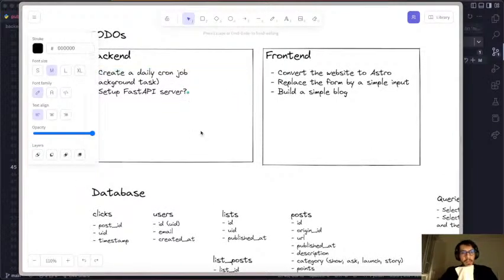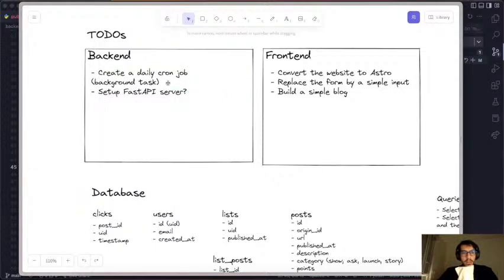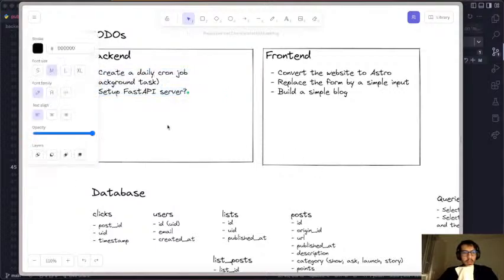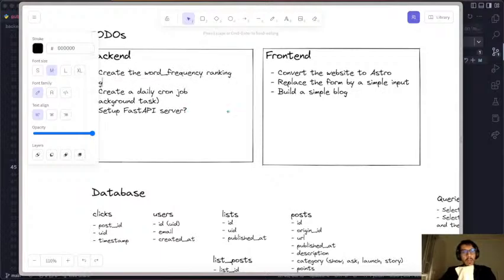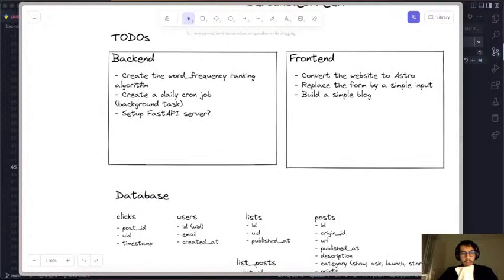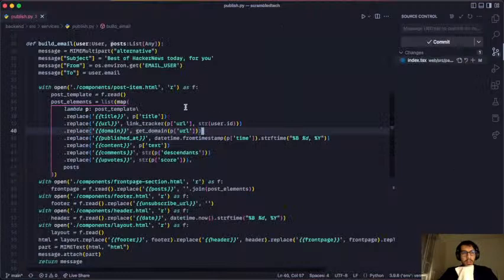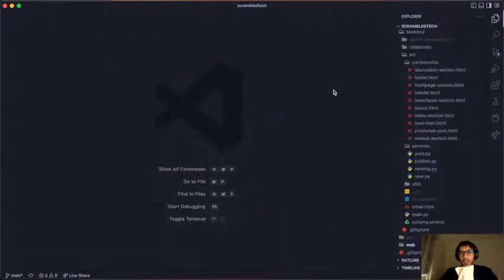I think what we should do next time is to create the word frequency ranking algorithm, right? Once we have the different ranking algorithms, we'll be able to